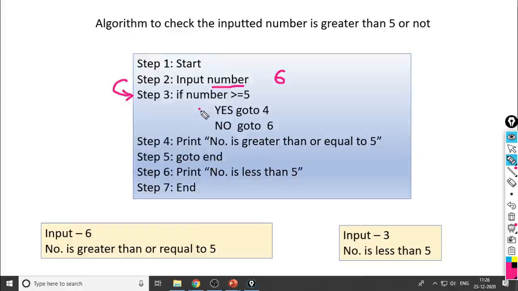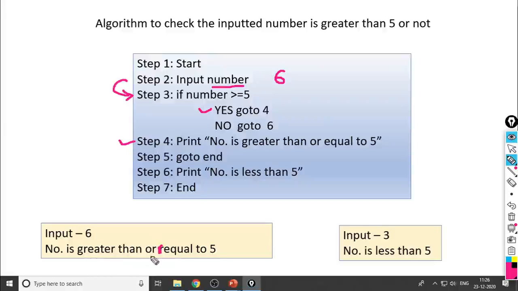Then it will execute only this part, if it is yes, go to 4. So it will take the control to line number 4. What is line number 4 here? Print number is greater than or equal to 5. So it will print this output: number is greater than or equal to 5.